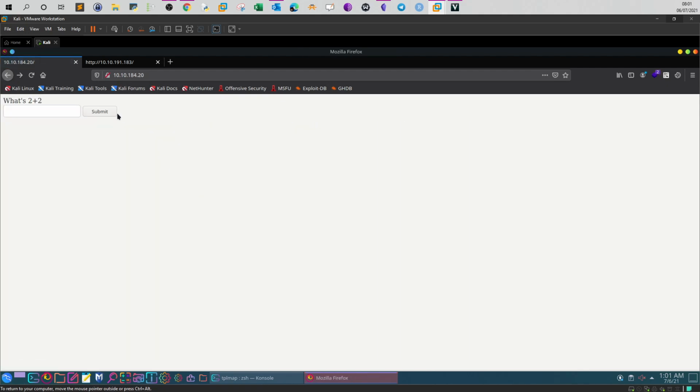Okay. As you can see, we have a web page that displays an input box. The input box asks a question: what is 2 plus 2? So as a user interacting with the web page, you would type 4,